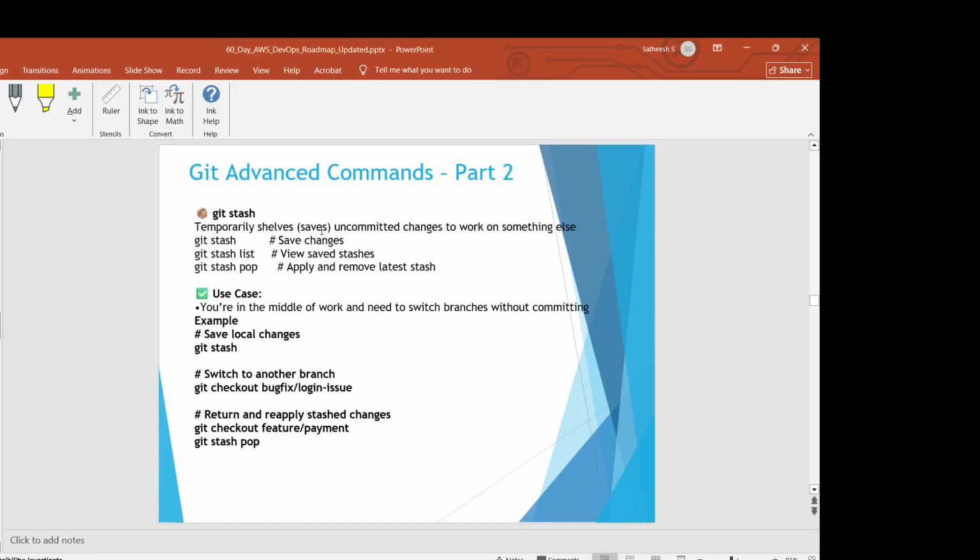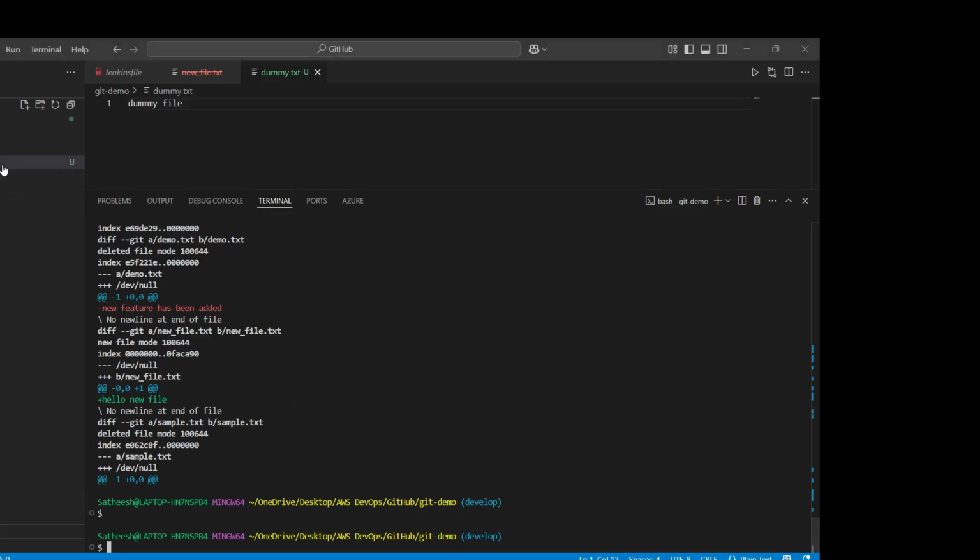Then git stash, which people mostly use. Git stash means I have some changes in my local, but there is one more requirement for me to make some immediate changes in the same branch, so I cannot create a new branch either. In those cases I will use git stash. It temporarily saves the changes to the file and then brings it back. Now I go to my repository. There is a dummy.txt file there, right? If I do git stash,